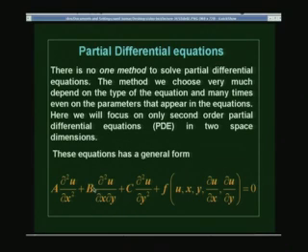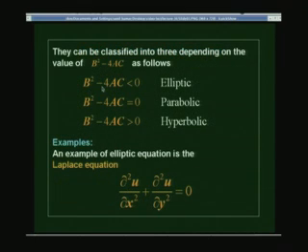That is, if B is 0 and A and C are positive, that is, B squared minus 4AC less than 0, then you have an elliptic partial differential equation,